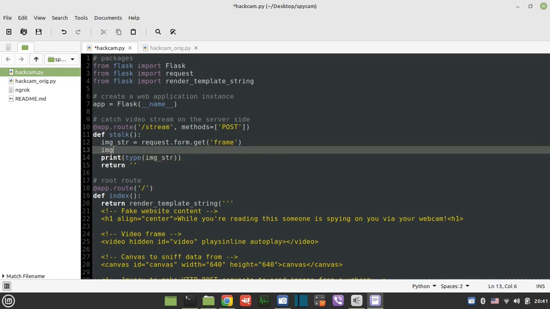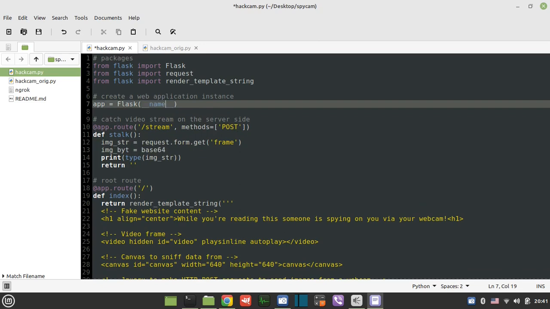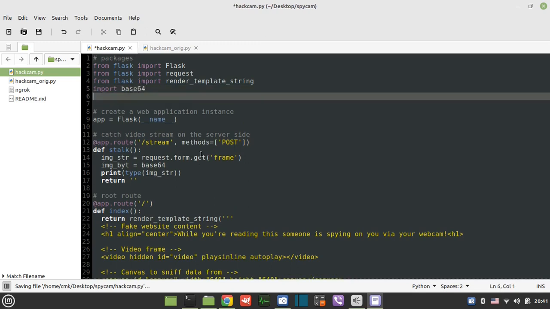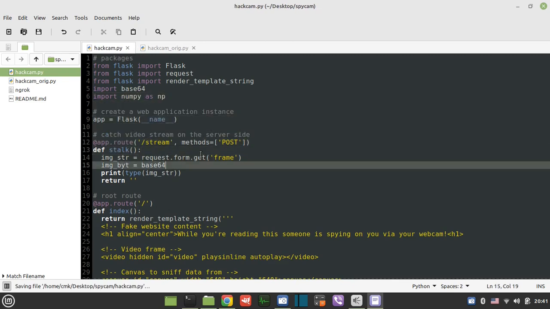So I just say image bytes is going to be equal to base64, and yes, I need to import it. Import base64, and we'll also need numpy, so import numpy as np. Okay, so base64 b64decode, and this image string,